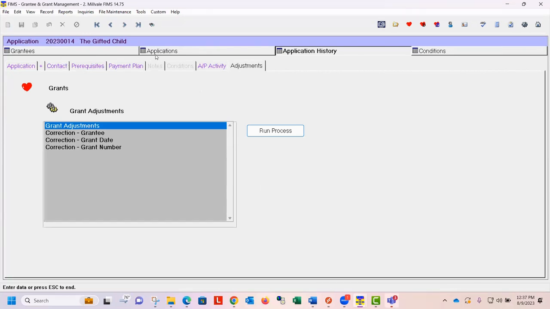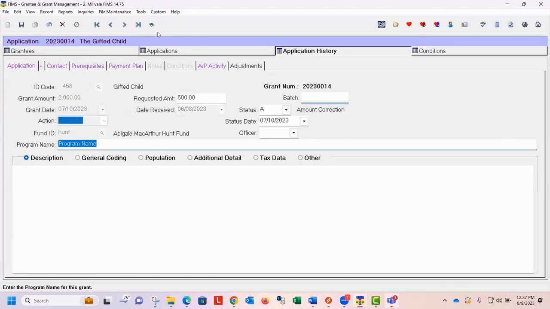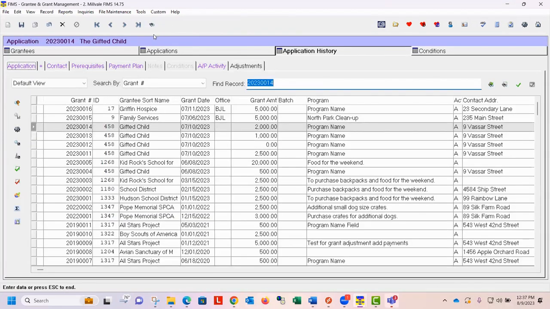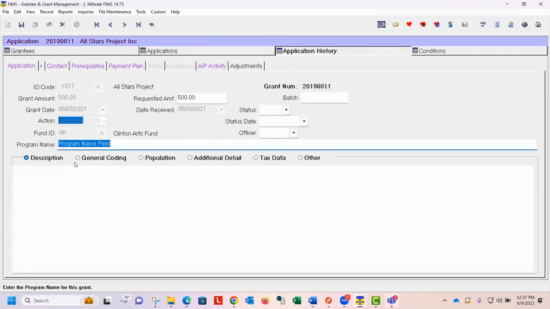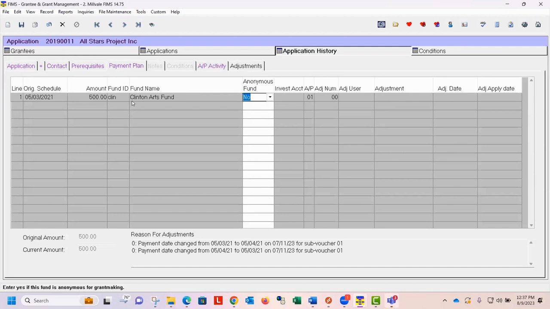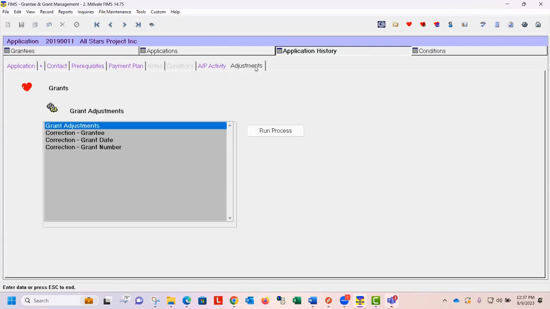All right, the next one we're going to look at is the payment date. So here is the grant that we're going to adjust. And this adjustment lets you change dates on this tab right here. All right, so we're going to go to the Adjustments tab,